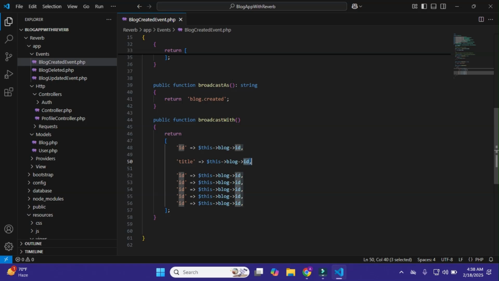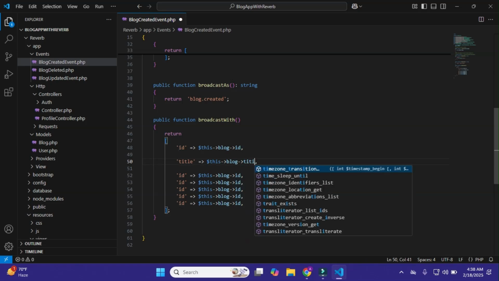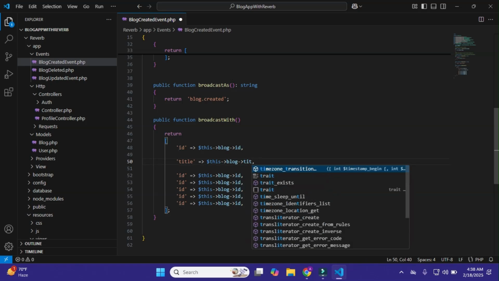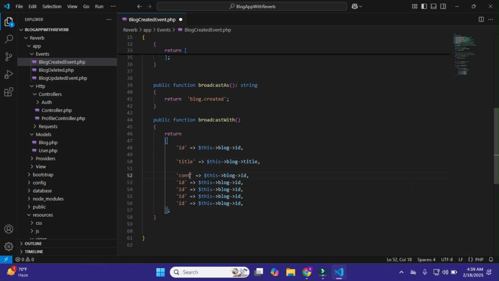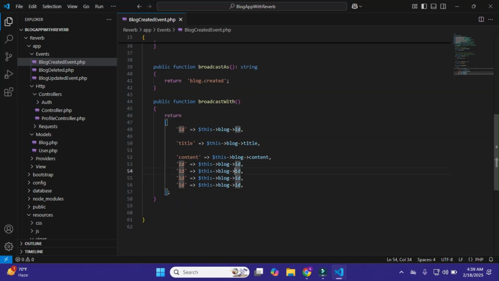This blog title we want, and we also need the content, so I'll pass here content. After it I have created_at of this blog, and also here created_at.